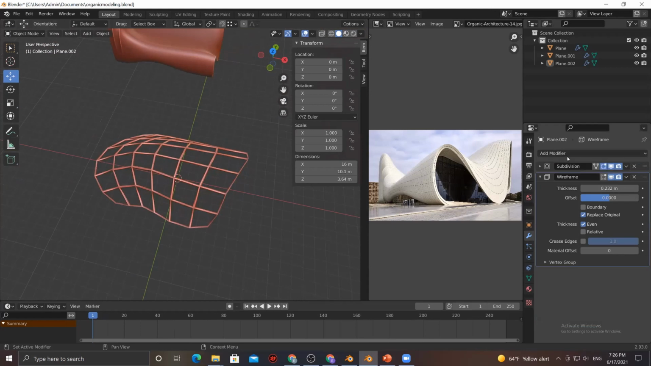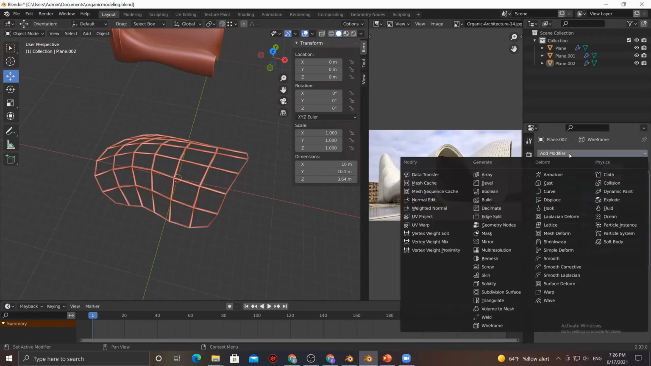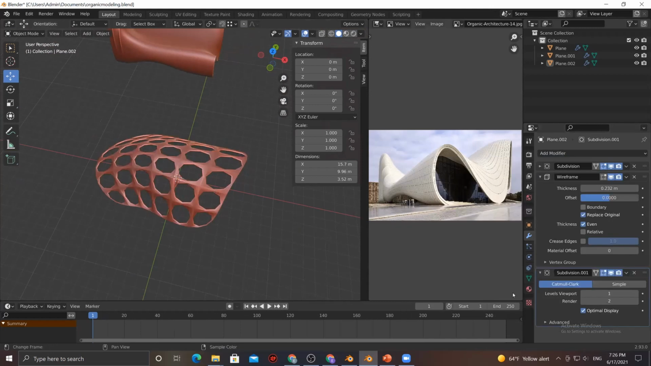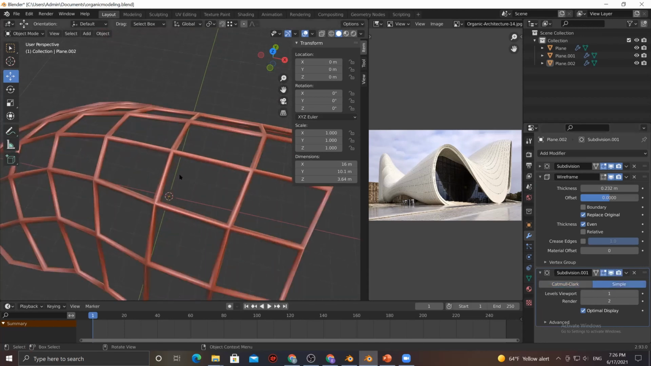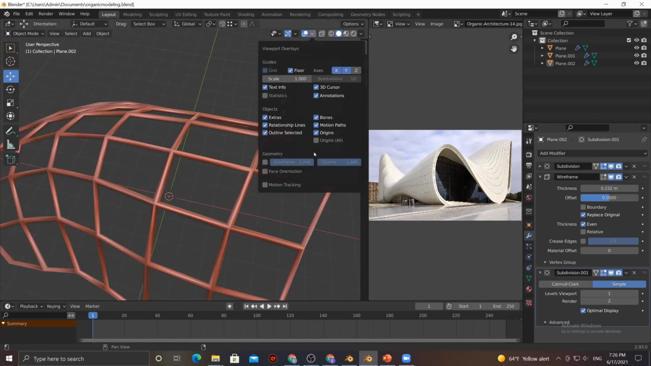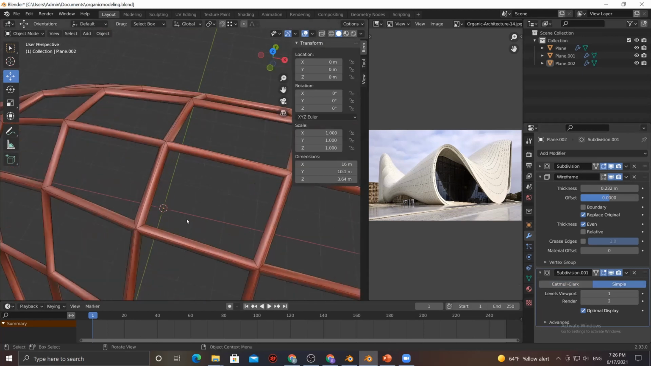So maybe let's first add another subdivision surface, and I'm going to set this one to simple. The difference between Catmull-Clark and simple is that Catmull-Clark is going to smooth your model. However, simple is only going to create extra geometry, but it won't smooth your model. Catmull-Clark does both. And right now, what I want to do, if I increase the